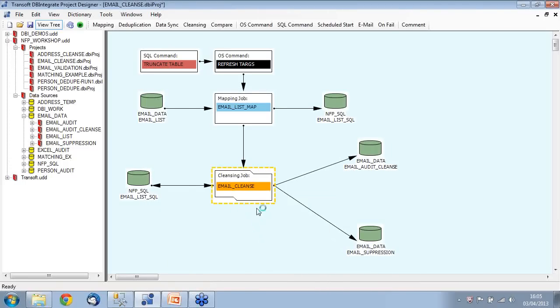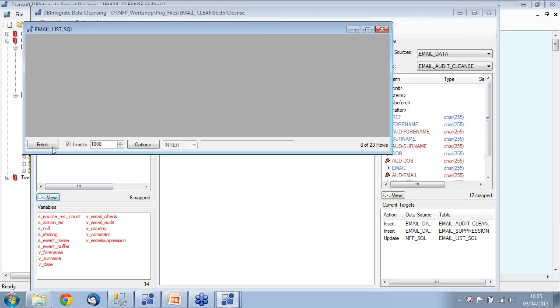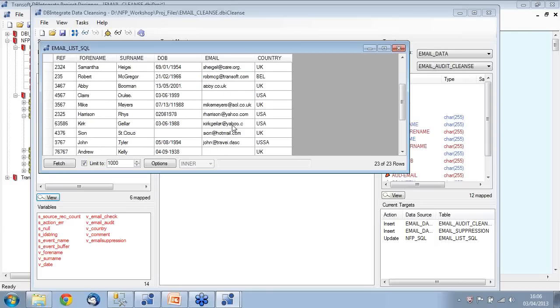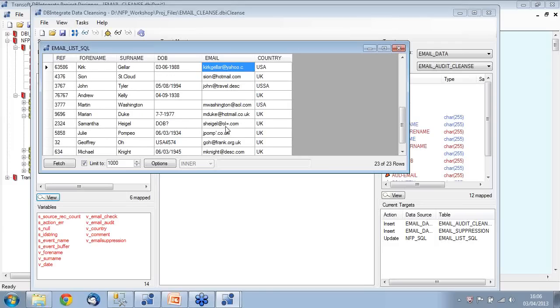If I open this cleansing job, we open up our data cleansing mapper, and I'll show you some of the data we're going to be looking at. As you can see here, we've got some inconsistencies with the data. We've got email addresses and dates of birth mixed up in incorrect columns, and we've got some invalid addresses such as a missing @ symbol, empty data which isn't going to be valid in our scenario, and incorrect domains, like this is missing a .com or a .co.uk, an equal sign here, apostrophes, which is quite a common mistake during data entry when the apostrophe and the @ symbol are on the same key but the shift button doesn't work, or